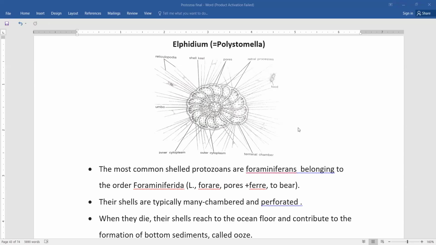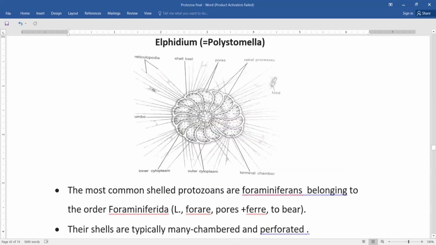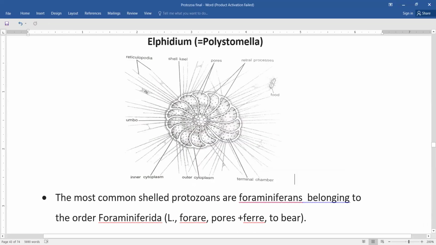Right. So Elphidium, it's a type study we have in our syllabus. Its other name is Elphidium polystomella, due to the many chambers present in its shell. Right. So here,